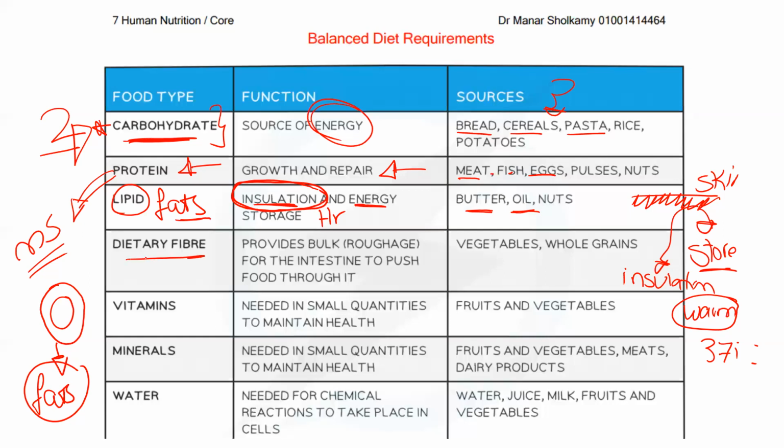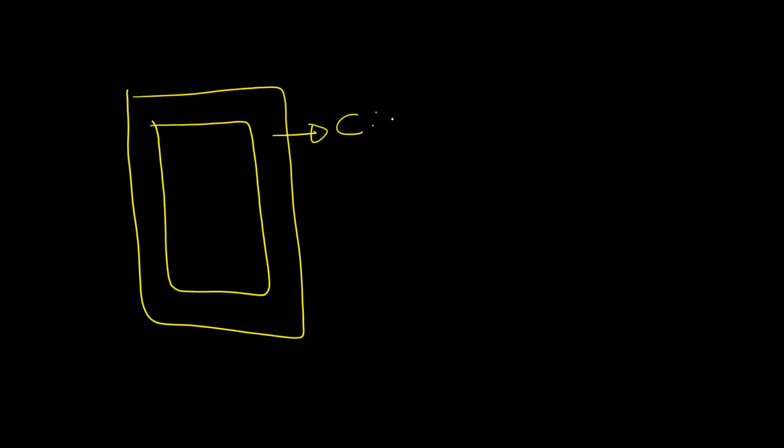Now, fiber. I want to talk about fiber. What is fiber? Who knows? Who knows what it has to do with the cell wall, something like that? Yes, you are correct. Now, we know the structure of the plant cell, and we know that the plant cell has a thick and strong cell wall. In case you did not know, we as humans cannot digest the cell wall. Even though it is not digested, it is very healthy for us, because this cell wall that we cannot digest will be fiber.